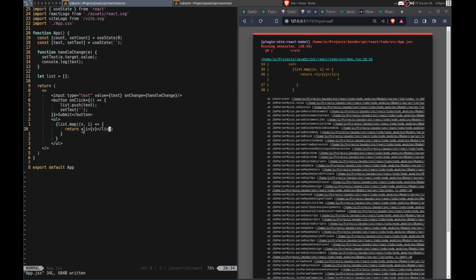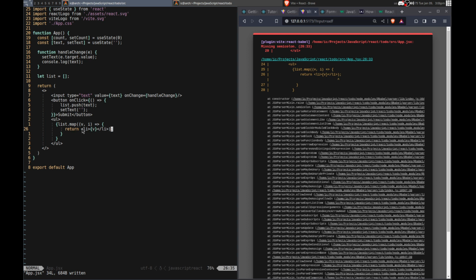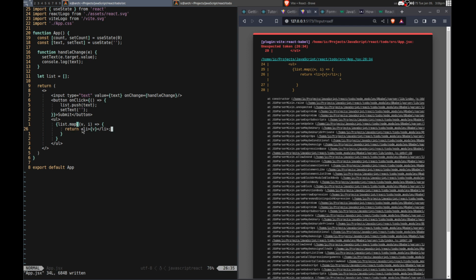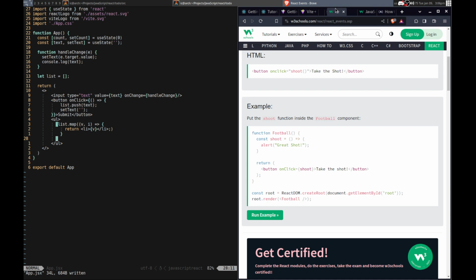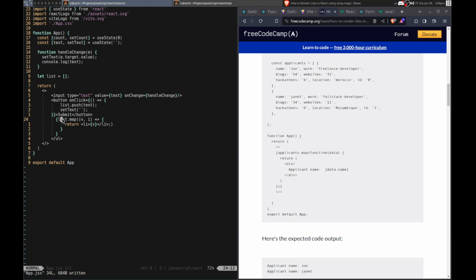In there or there? Unexpected token. Let me see. Let me see. No, this isn't what I wanted. This one. I'm not supposed to put it like that.